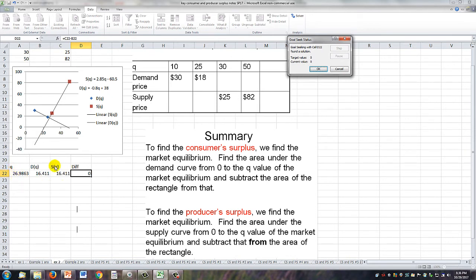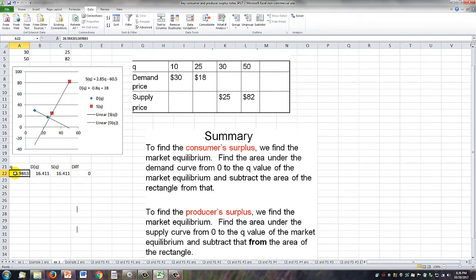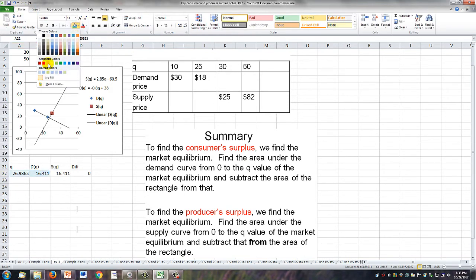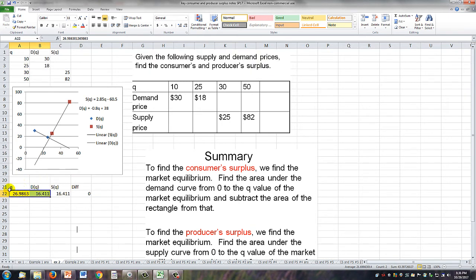And so you get a Q quantity and a price. That's your market equilibrium. Quantity of 26.963 items and a price of